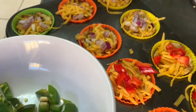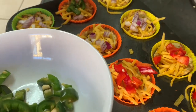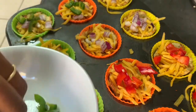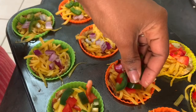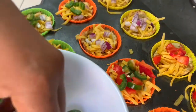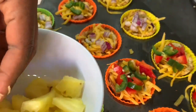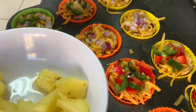Alright, so next I'm adding some jalapeno peppers. I love my jalapeno. Doesn't matter, it's all gonna end up in my tummy in any case. Doesn't matter if I don't know how to pronounce it, whatever. English is not my first language. Please school me in the comments, but yes. So I'm gonna add that,